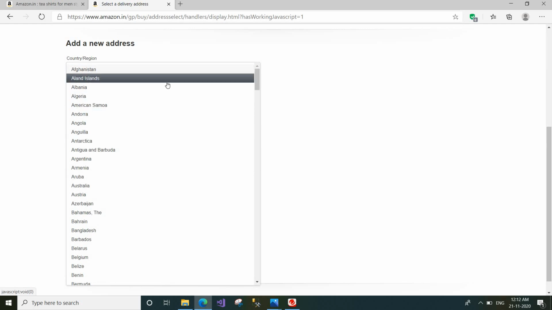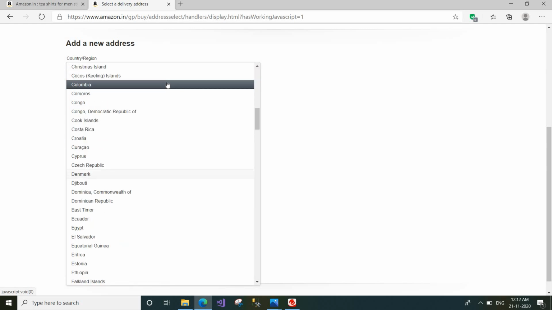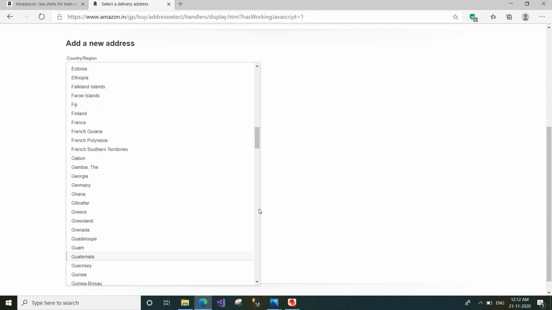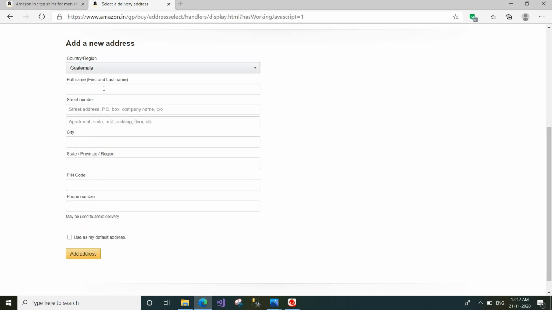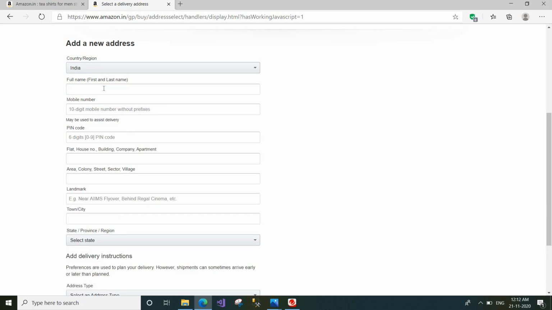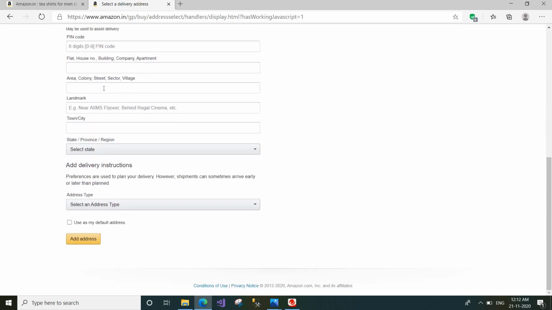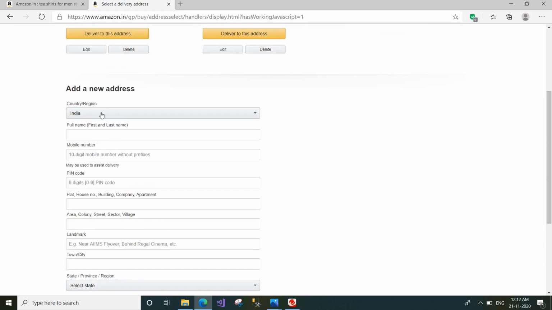add one new address also. You have to give the information of the address. You have to select your country, then your full name, you have to give the mobile number where the agent will call who will deliver you the product.